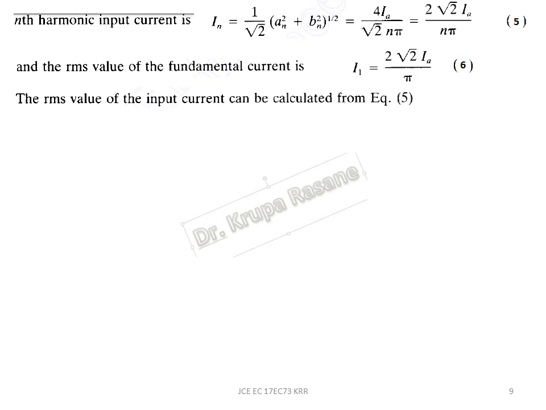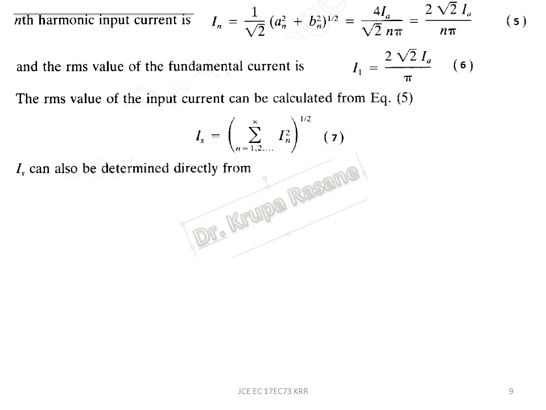The RMS value of the input current can be evaluated by this In equation, that is 5. So I will get Is as nothing but the square root of the summation of all the harmonics In square. So with this I can evaluate the supply RMS value of the current.